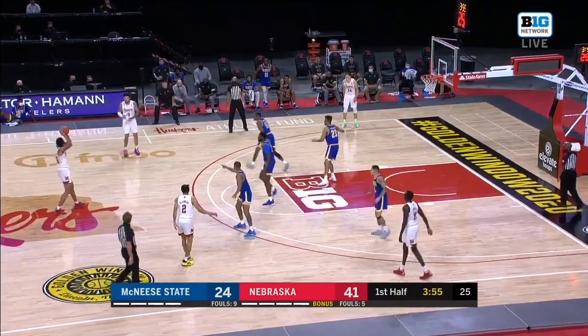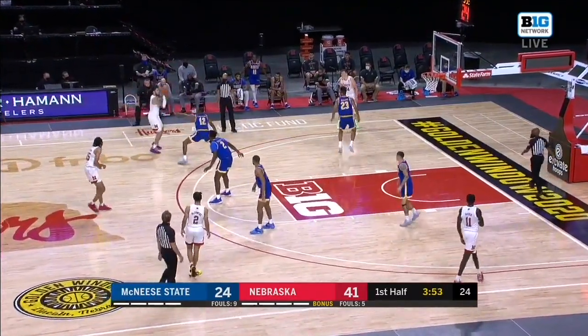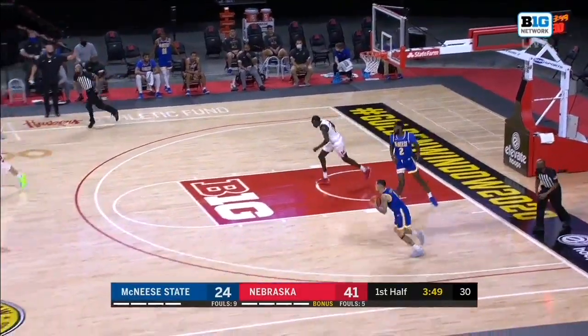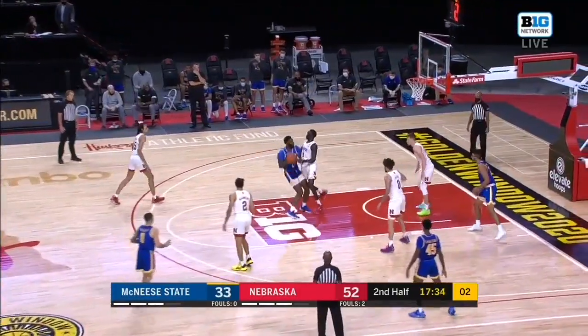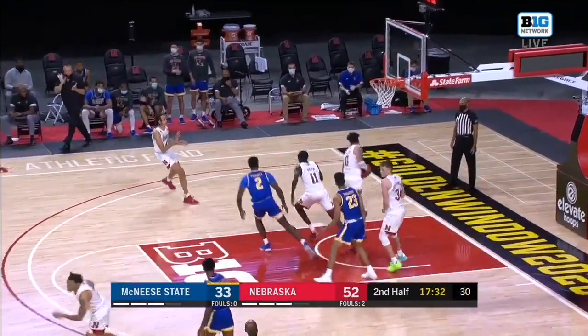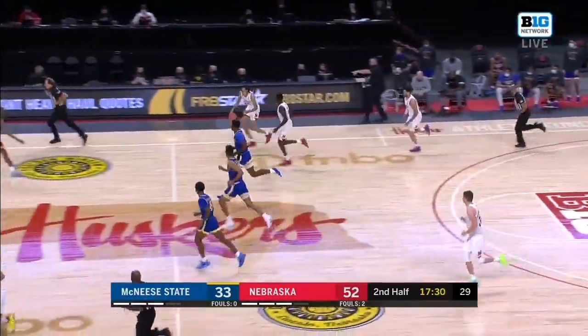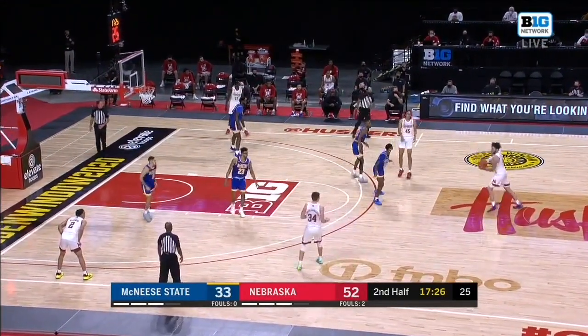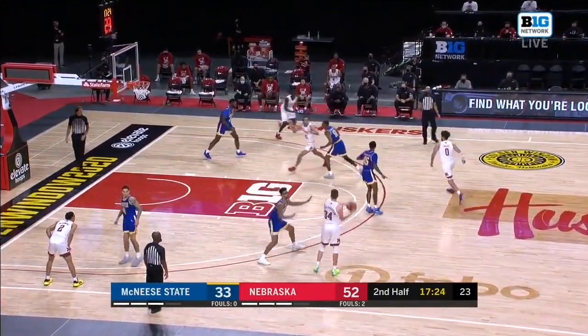The first thing that's key is the spacing. While they have a ton of different early offense sets that they can call, they are going to run consistently to these 5 spots spread far beyond the 3-point line. And what those 5 spots allow them to do, no matter what type of early offensive set they're going to call, is have lanes for backdoor cuts. So the first concept in any type of 5-out offense is that because the rim is vacated, slips are always